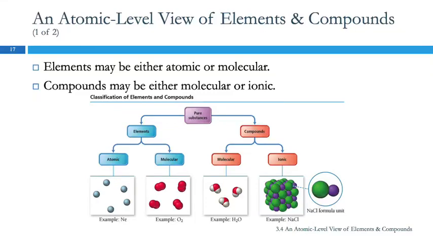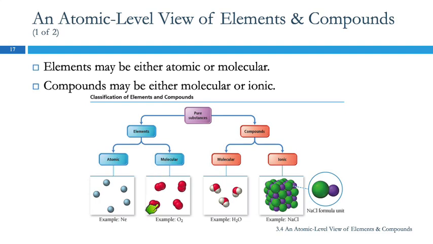So atoms and, I'm sorry, elements and compounds are both pure substances. So we've got pure substance, elements, and compounds. The elements we can divide into two groups. There's two possibilities. They can be atomic, meaning their smallest particles are atoms, or there are some elements that are